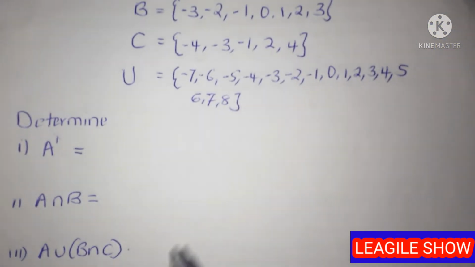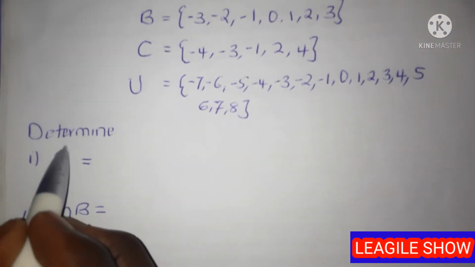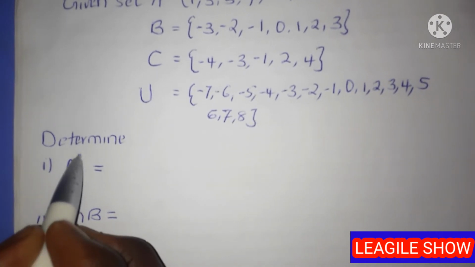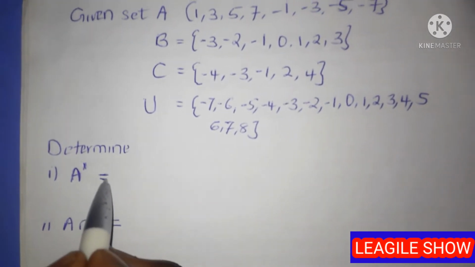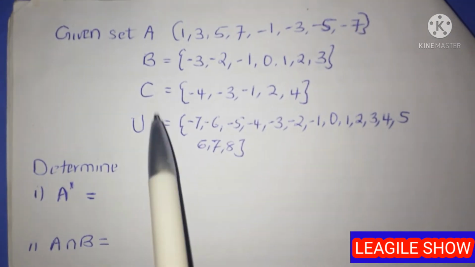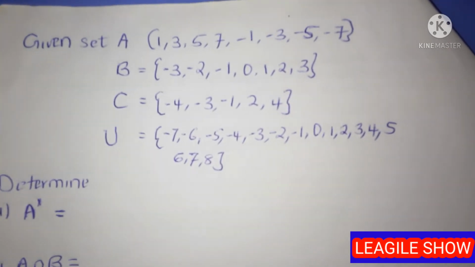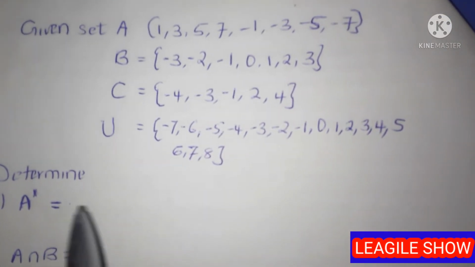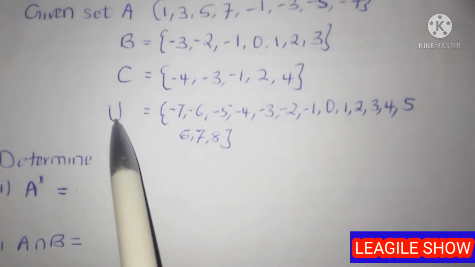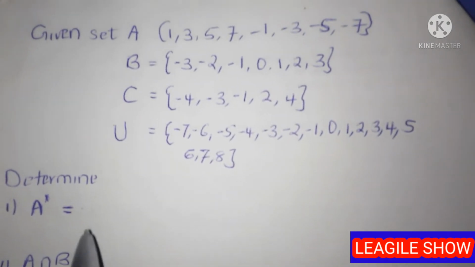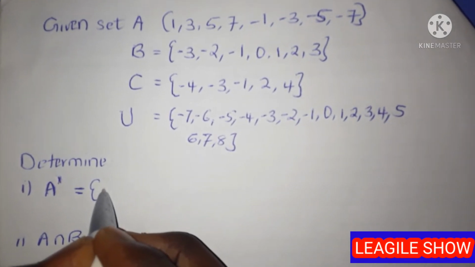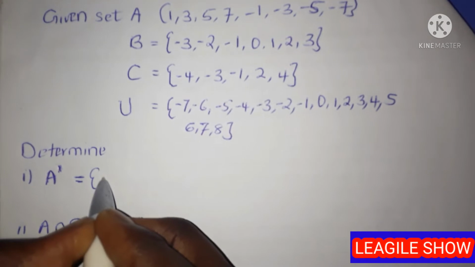So we are told to determine the complement of set A. Remember, complement of set A are all those elements that are in the universal set but not available in set A. So if we compare those elements in set A and those in the universal set, let us continue. The elements that are not in A but are there in the universal set are,